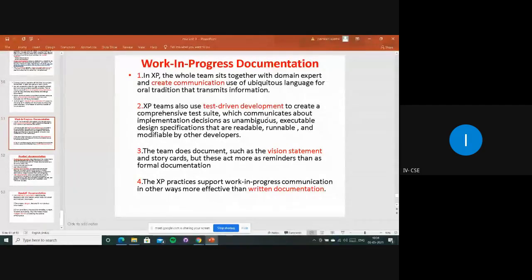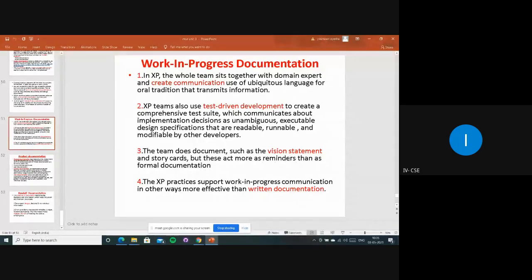Some red, blue, green colors will be there, right? Do you remember or not? I don't know, but you have to remember that diagram and how TDD works. Mainly it is for refactoring. Whenever we want to make any changes, at that time we are going to use these methods, right?